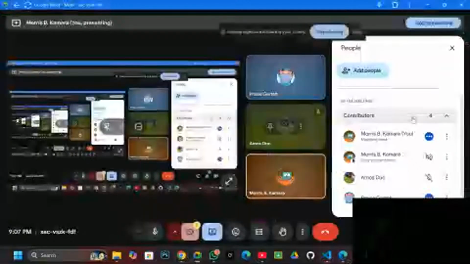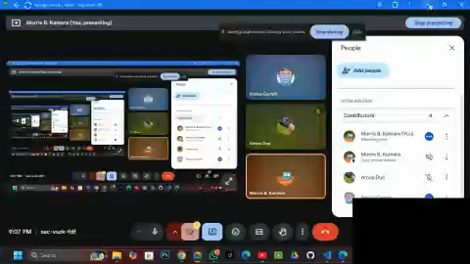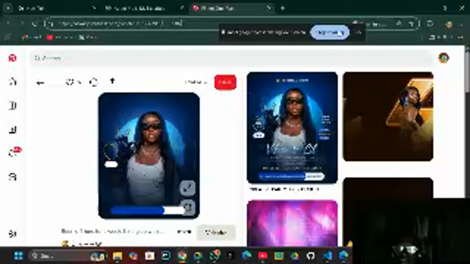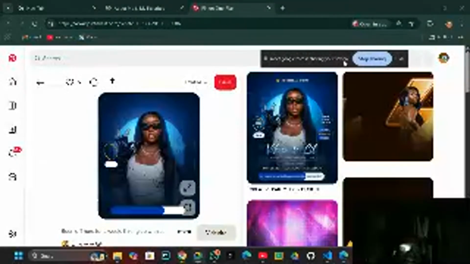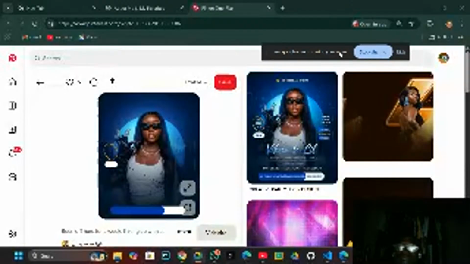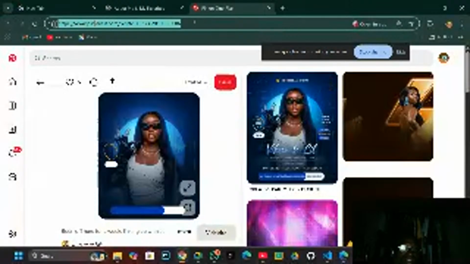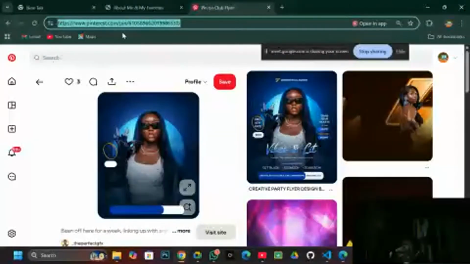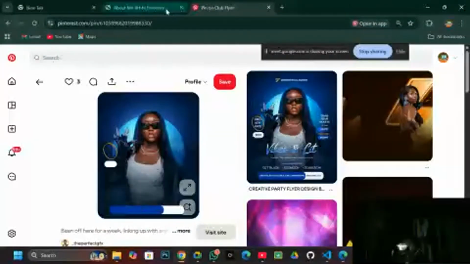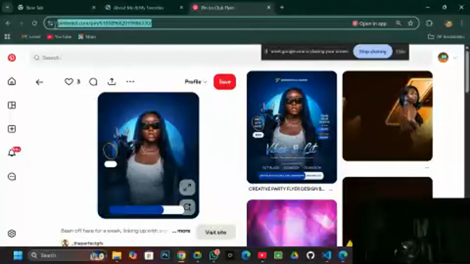Alright. Only a few people are here in the midnight. Today we are inserting images, not hyperlinks. The first way is how to insert an image from the internet, any part of the internet. Now I'm using Pinterest. I want to insert an image, so I copy the image link here,